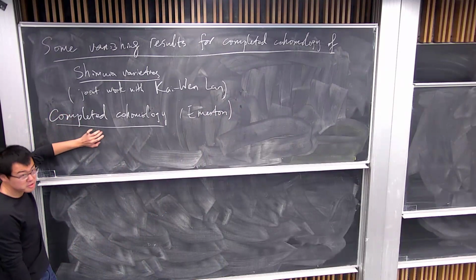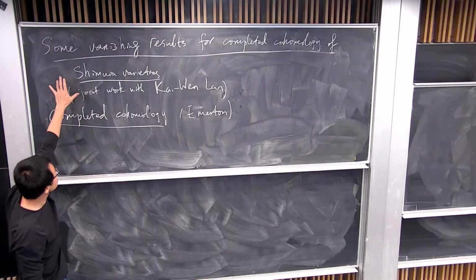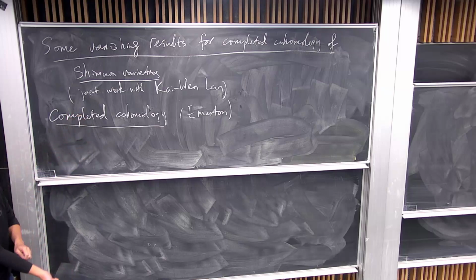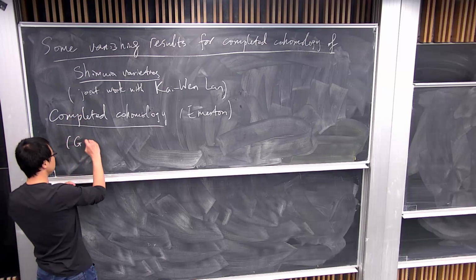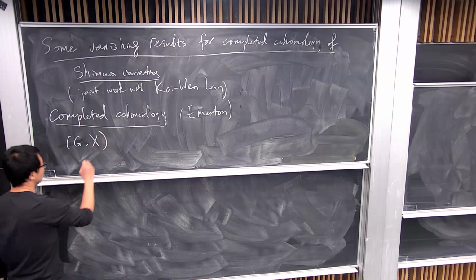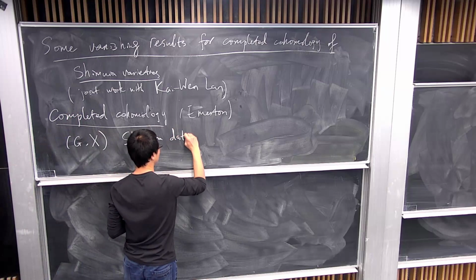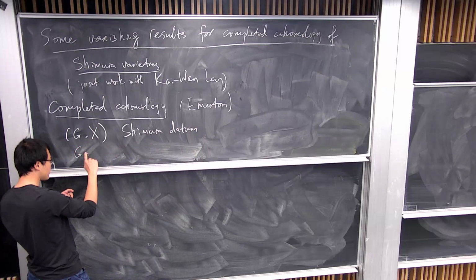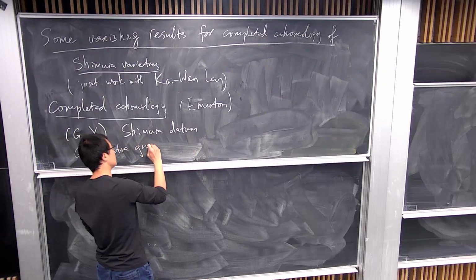Emerton defined this for general locally symmetric spaces, but for the purpose of this talk, I will just restrict myself to the case of Shimura variety. But it doesn't have to be. You don't have to restrict it to the case of Shimura. So let me start with the Shimura datum, so G and X. So here, G is some reductive group over Q,